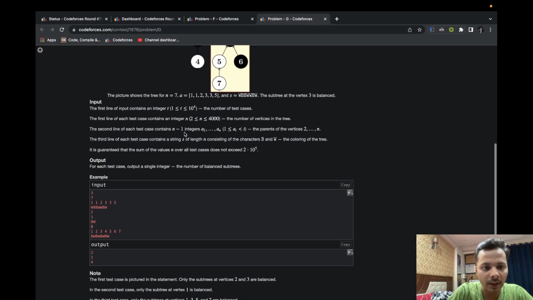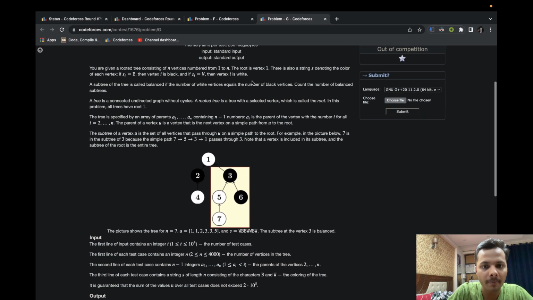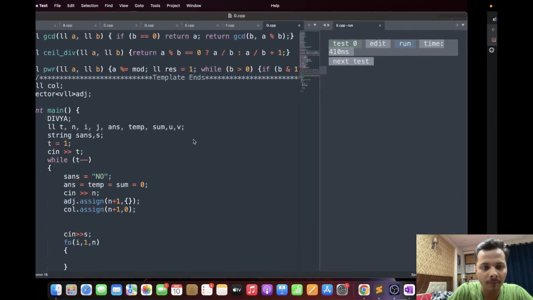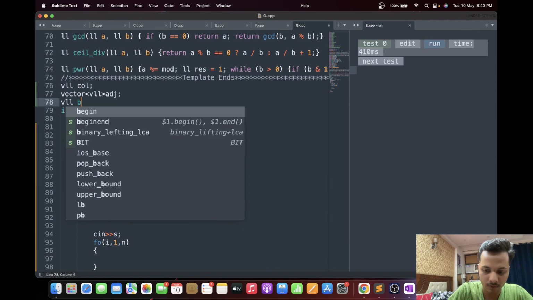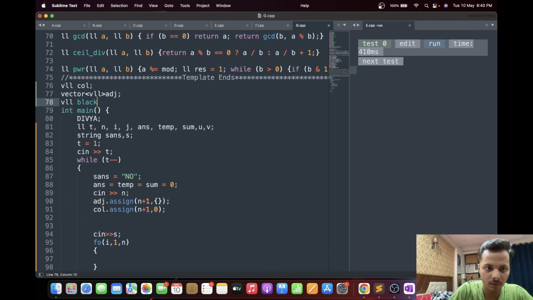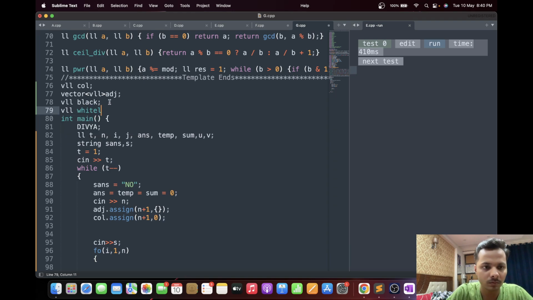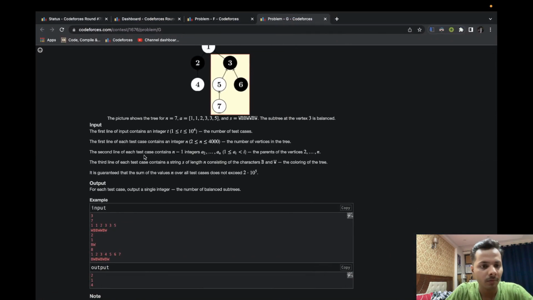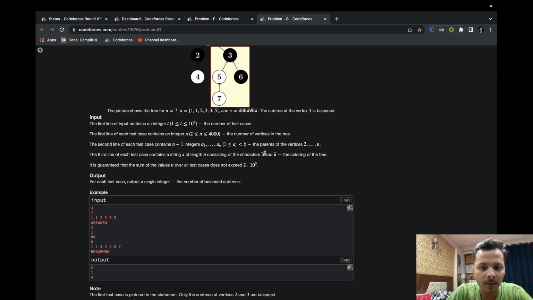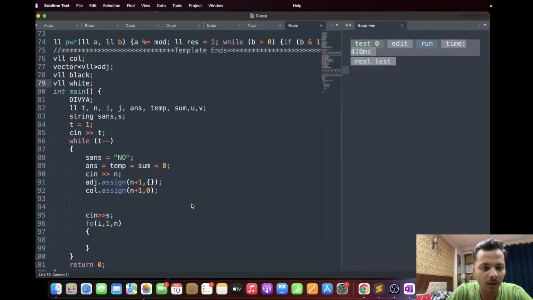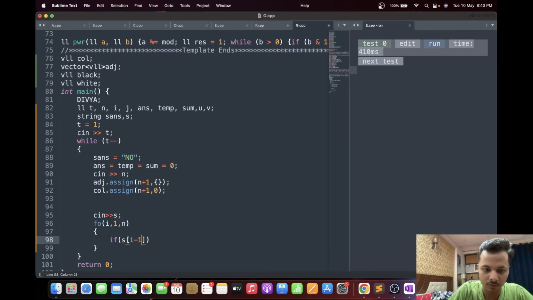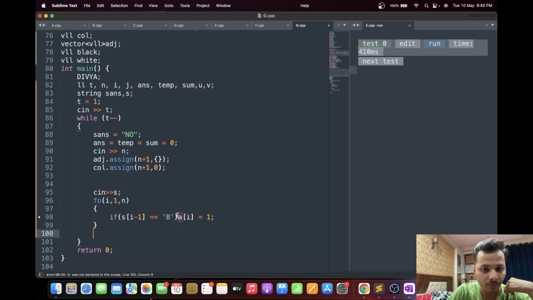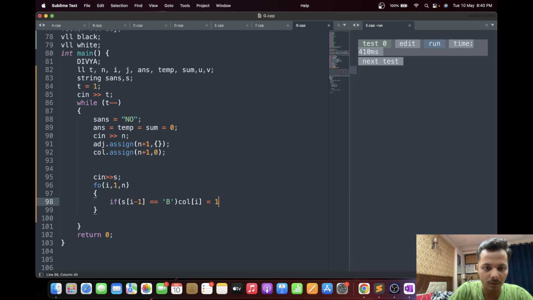We just have to find whether the number of white and black subtrees is the same, right? Okay, we have B and W. Let's say that... or we don't even need the color here.